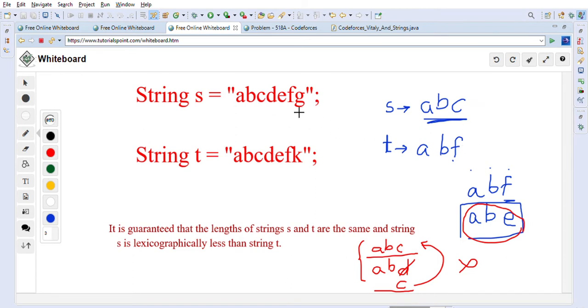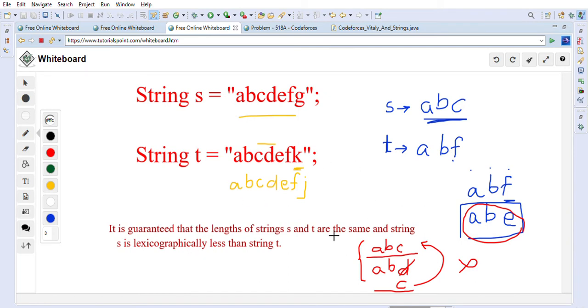So again, let's take another bigger example and go through our approach. We first take the last character and change it to the previous character. So it will become A, B, C, D, E, F, and H, I, J, K. J is the previous character of K, right? So this is lexicographically bigger than this one and smaller than this one, so we will output this as our answer in this case.